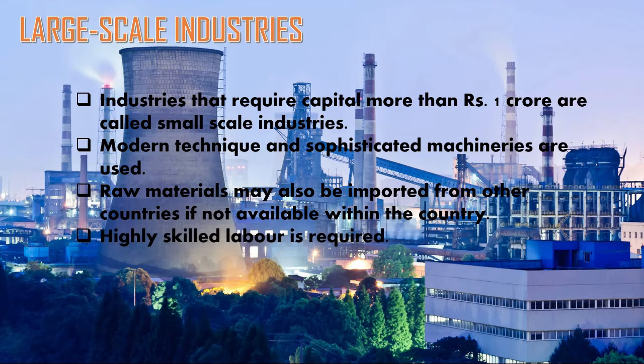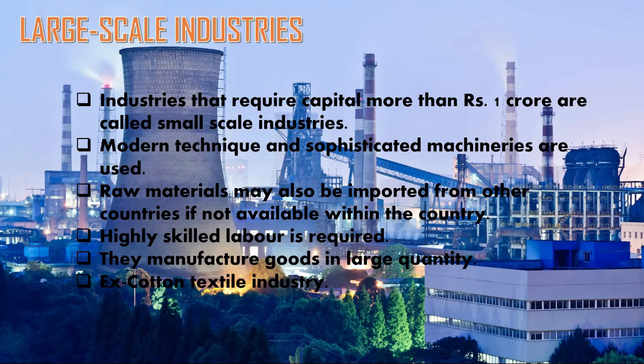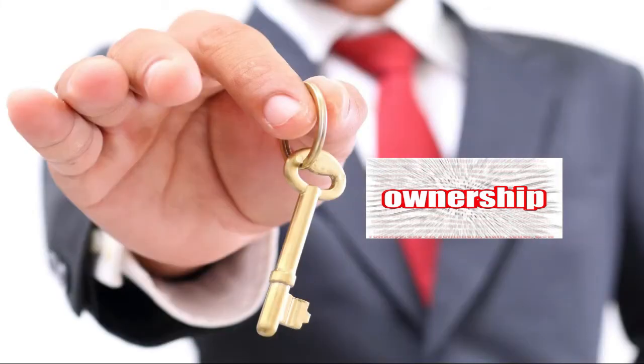They manufacture goods in large quantity, so the production is quite high. An example of large-scale industries is the cotton textile industry. Now let us move ahead with the classification of industries on the basis of their ownership. On the basis of their ownership, the industries are classified into public sector industries, private sector industries, joint sector industries,